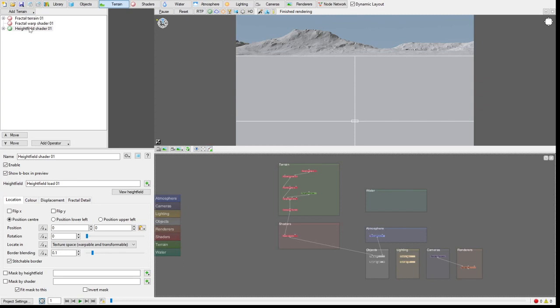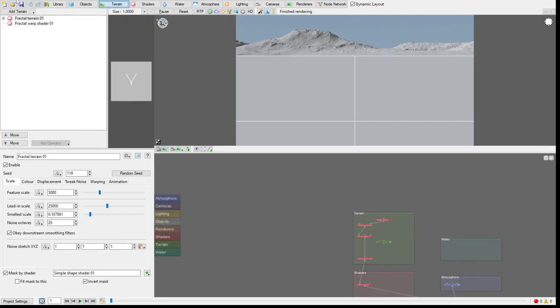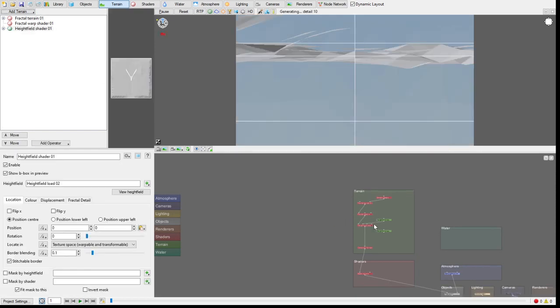And what I pretty much did here was to go into the terrain tab and add terrain, load height field, and find TIFF. And here is the combined node, which I then used as the terrain.